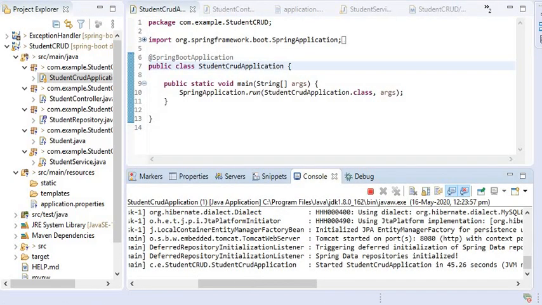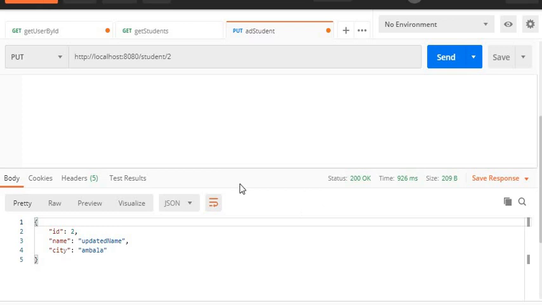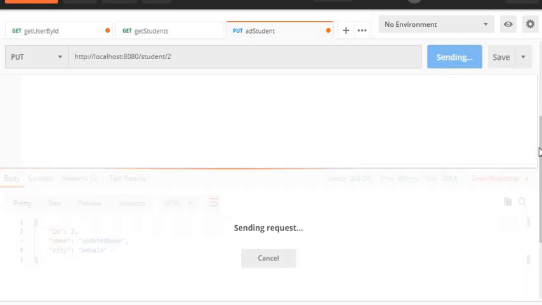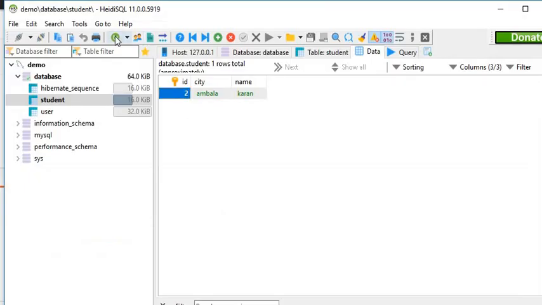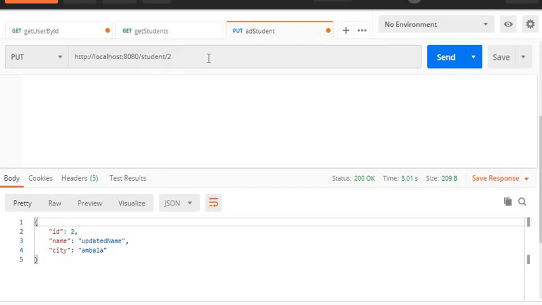Now my server has started, so I will call the same API again with the same record, sending the request, and now I will go to my DB and check it again. So here the name is updated.